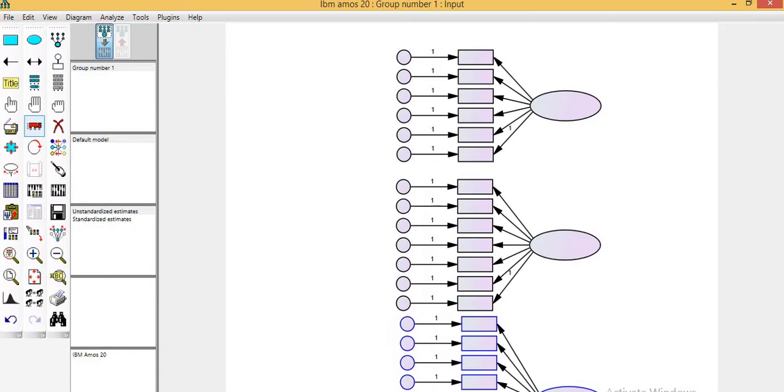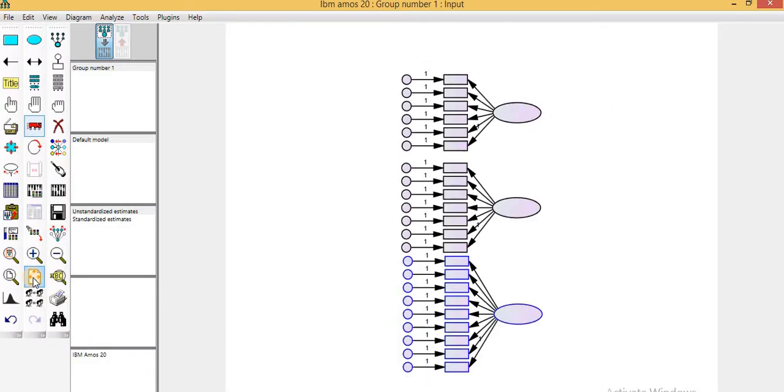You can see that some of my items and variables are going beyond the screen, so I need to click on this button to resize the screen, and all of these variables come within the user interface.